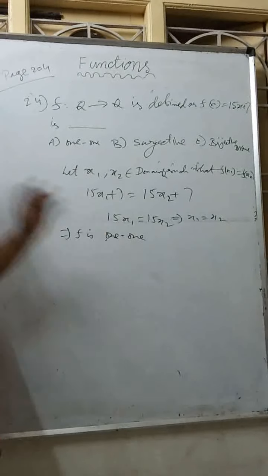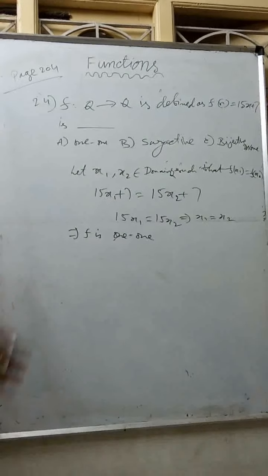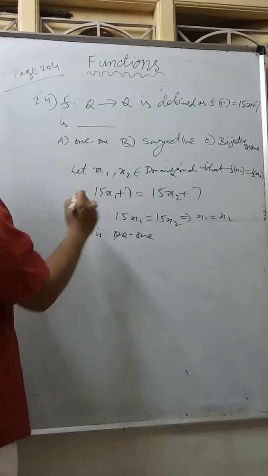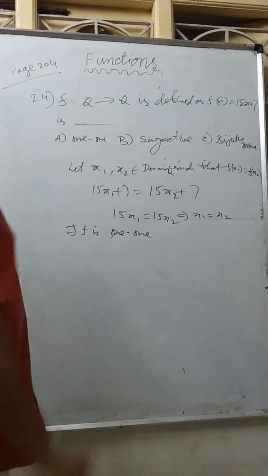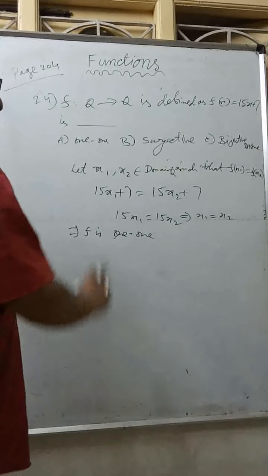This is simple, how to find one-one. Next, if it is also surjective, then it becomes bijective. If it is not surjective, then it is one-one only. Now, to find whether it is bijective, that is, surjective or not, again there are two methods. One is the graphical method, the other is directly from the sum.